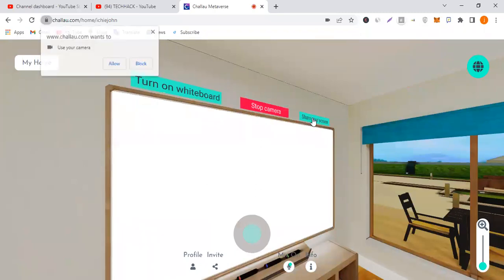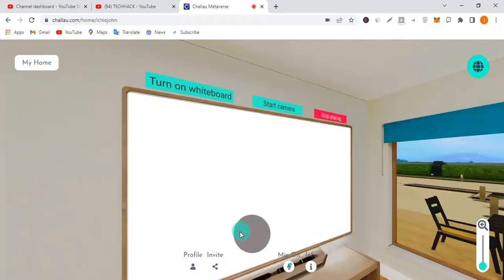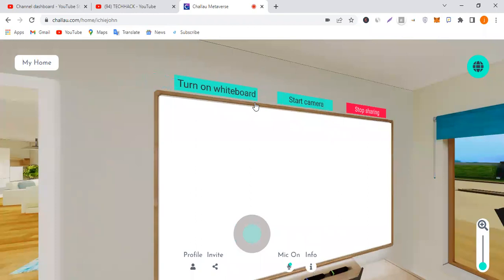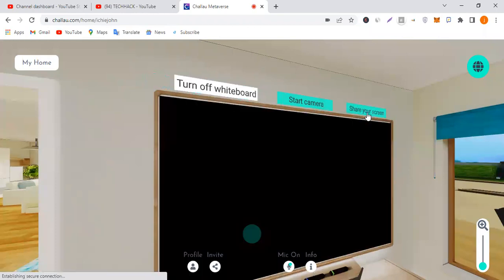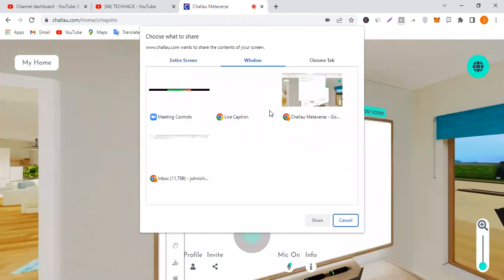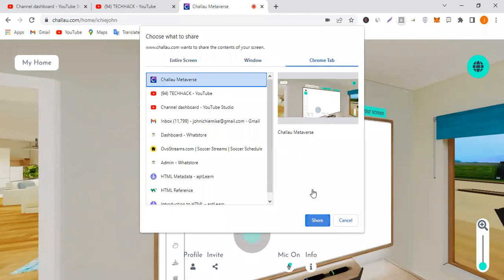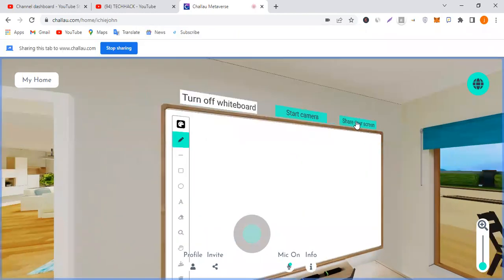To share a screen, you can stop share or share a screen. Now I want to share my screen, so quickly I'm going to do that right now. I'm just going to touch this. There's a script. There's just this here. So now you're going to see,